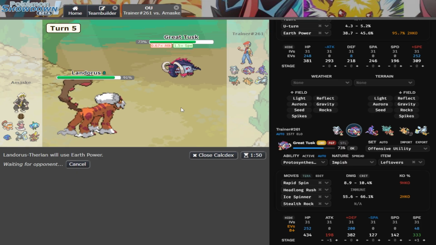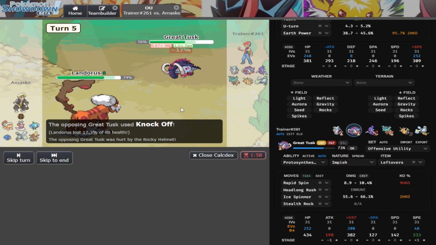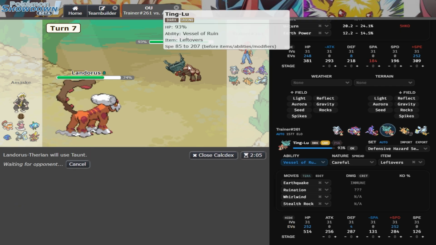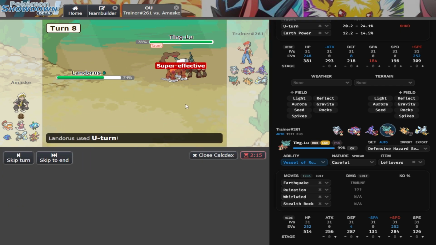Getting rid of Tusk means Kingambit can do something. So that's our... I guess they don't have Ice Spinner. They knocked the helmet. Took the Earth Power. I'll just Earth Power again. On the Tinglu, let's just start this. We don't want hazards on our side. And I think Hat Rain should...